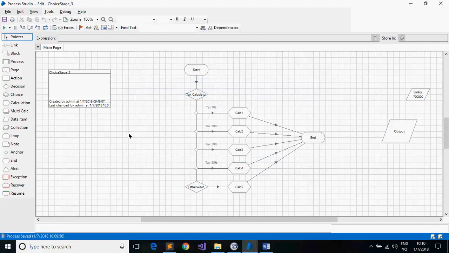Now that we have gone through the choice stage, let's see about solving another problem. What's the problem? How to handle multiple employee salary. Now we are